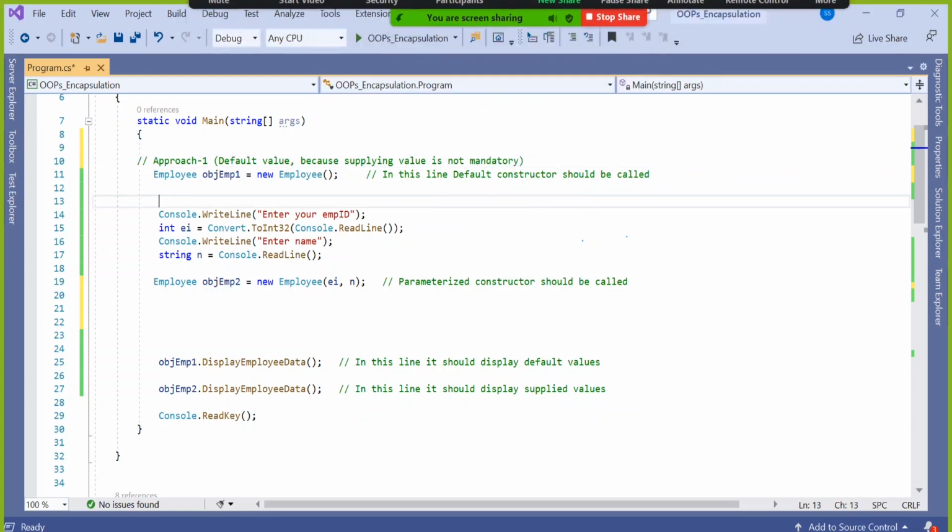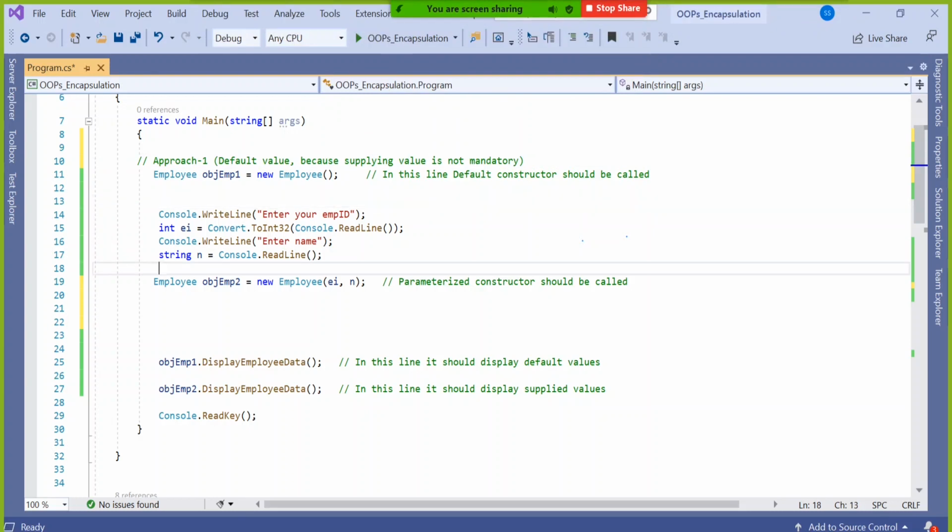Second approach I took, this is called approach number 2. What is that? Supply some value because it's mandatory. Just like I said, you are filling a bank form, but the values are mandatory.